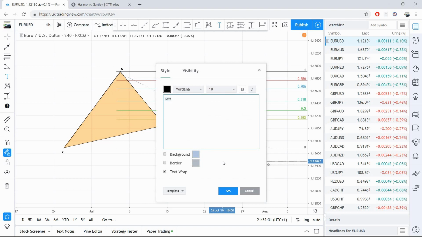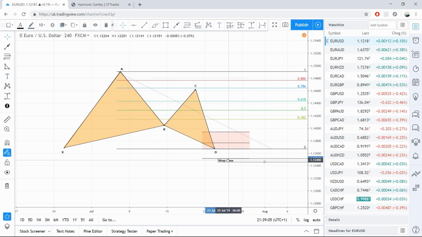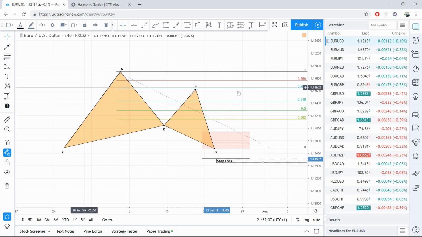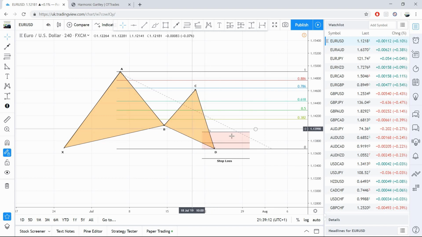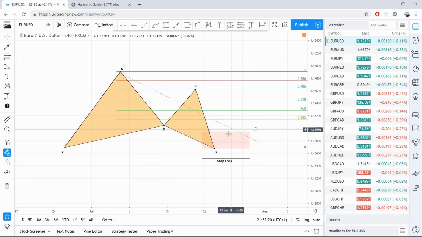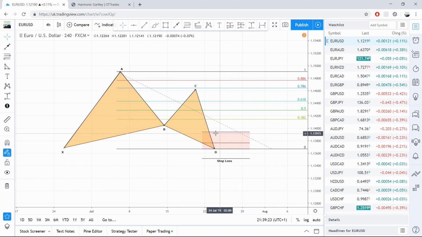Excuse me, just label this up as a stop loss. So this is our stop loss here at the 113 of X to A, and our targets 382 and 618. Now, to look for a trade entry on a harmonic pattern, you should wait until price enters this reversal zone here, the PRZ, potential reversal zone. And once the price enters this level, you're then looking at the candlestick formations in order to enter a trade,